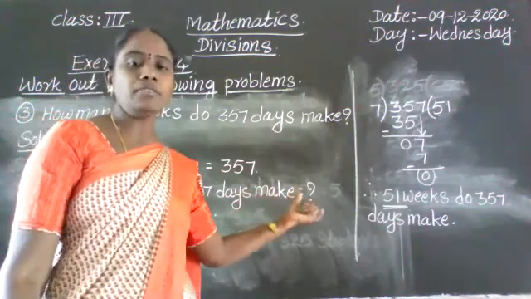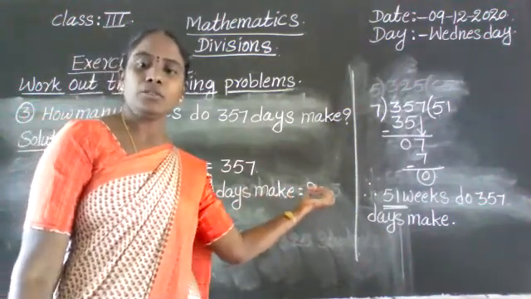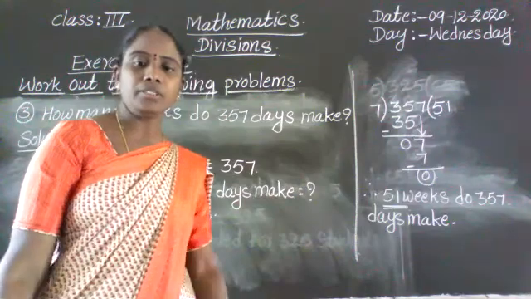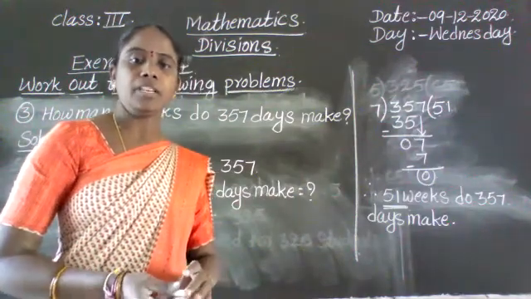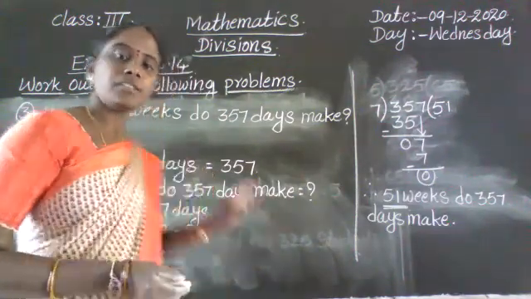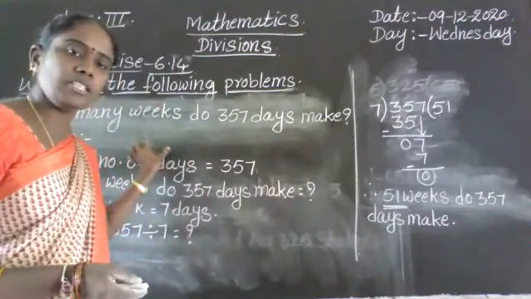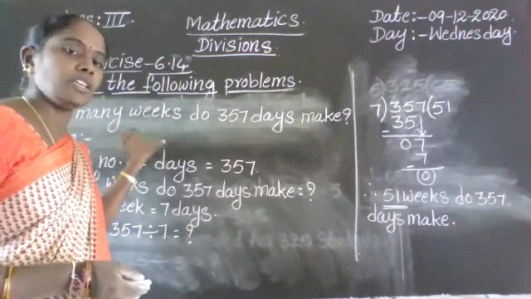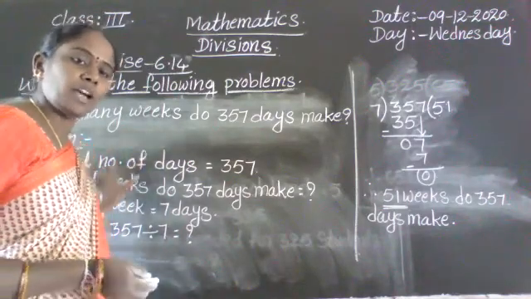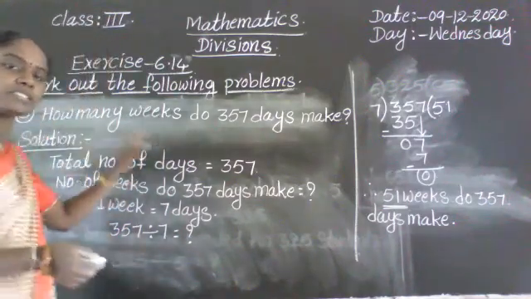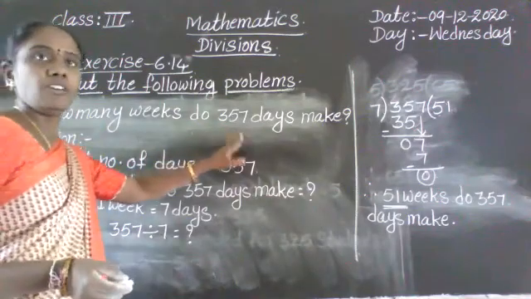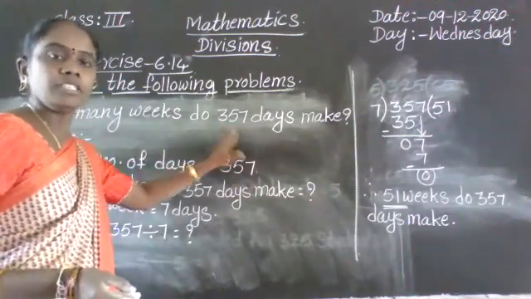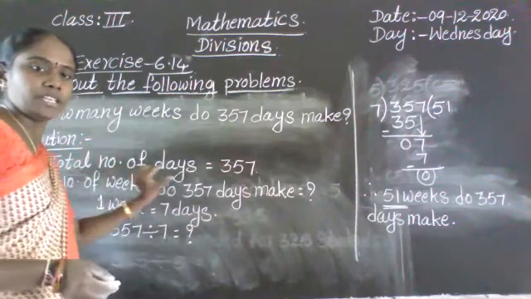If you have any doubt, raise your hand once. You ask me, then I will clarify your doubt. Any doubt? First, learn how to write steps. How can we write steps? First, you read the question. You understand the problem. Then we write steps. First, what is 357? Just the total number of days.